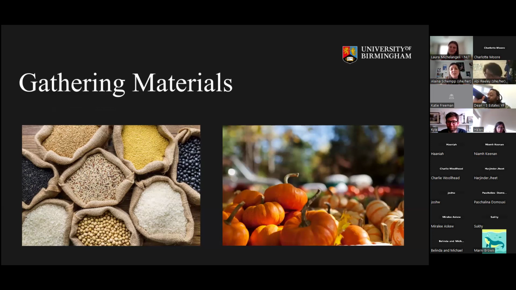Okay, so the next image is about gathering materials. After your students or pupils have dreamt up their film in their heads and possibly written it down in their journals, they're almost ready to start filming. They just need a little guidance on techniques and strategies that can help them produce their ideas into actual moving pictures and sounds.